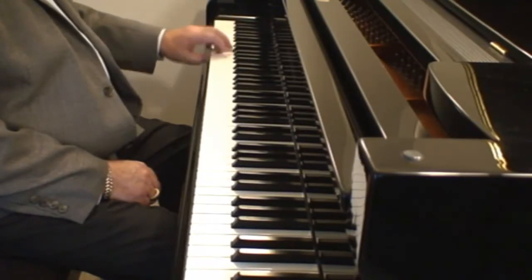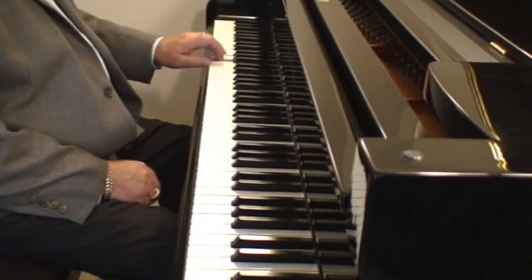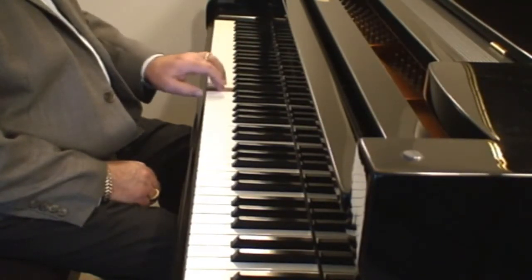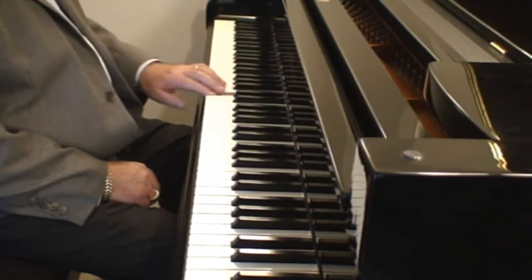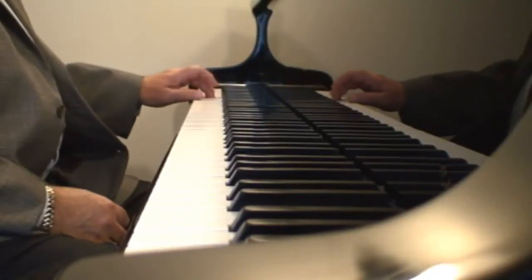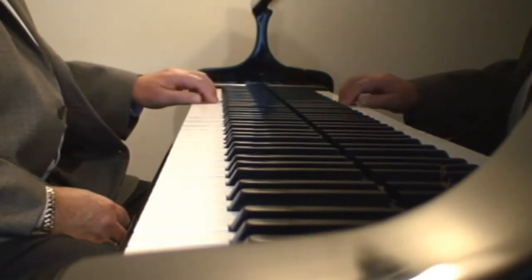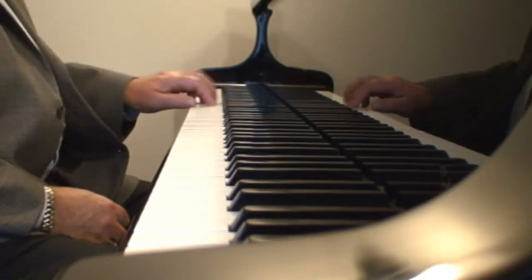Now here I am using the note pattern with the left hand. See how I lift and drop, drop, drop. See, I want to be able to lift that fourth finger up. Here I am from a slightly different angle. We slow the pace down again. See those fingers articulating nicely,